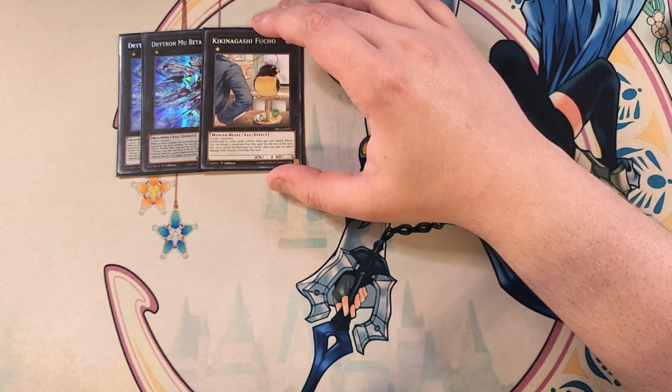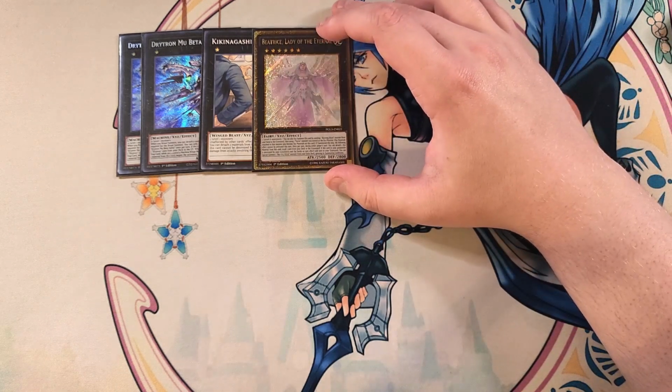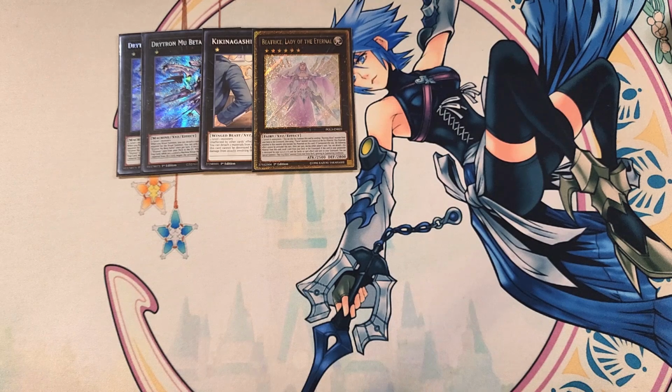Bird is really good to be able to make your copy of your Zeus and just really good in the deck overall. We play a single copy of Beatrice. This card is insane in the deck because this card is working Foolish Burial. It's very easy to put on your side of the field because we play a lot of level 6s in